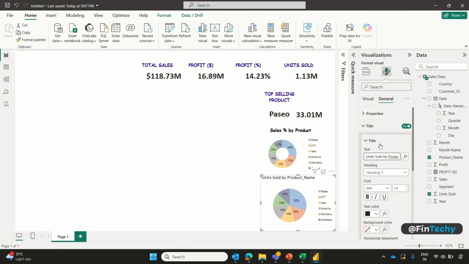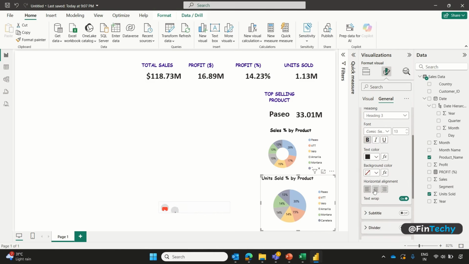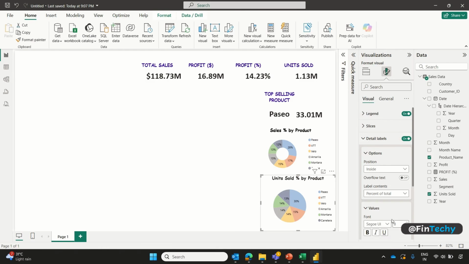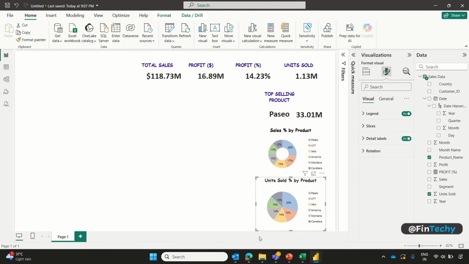And update the title to Units Sold Percentage by Product. Finally, I will apply a few more design touches to keep it consistent with our current theme. Now let's resize and rearrange a bit so it fits properly into the dashboard layout. And there we have it, a clean, beautiful pie chart showing the percentage contribution of each product to total units